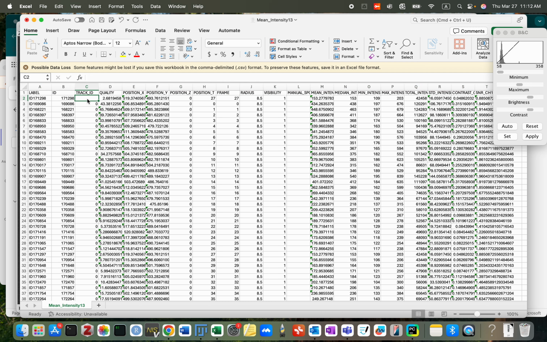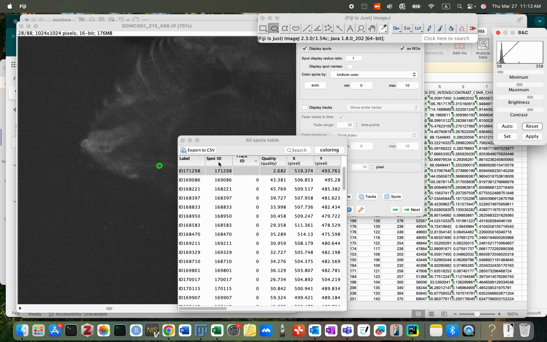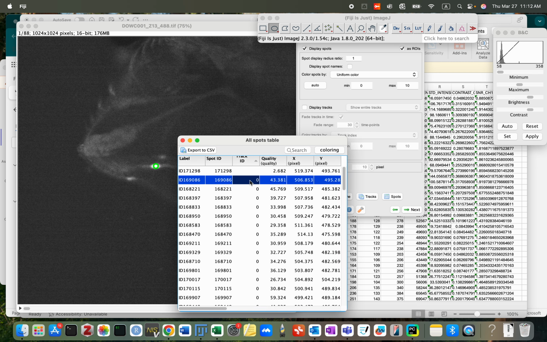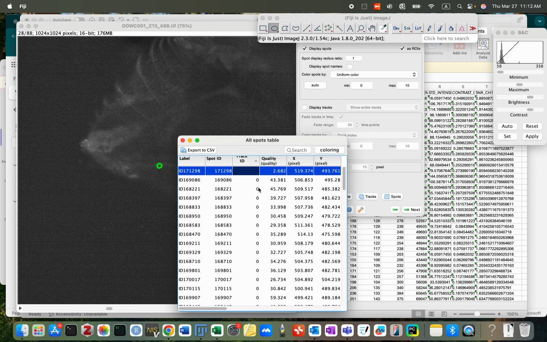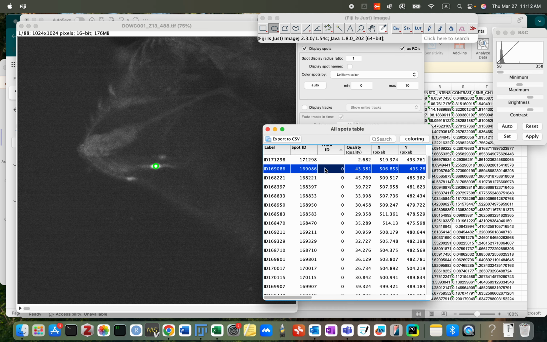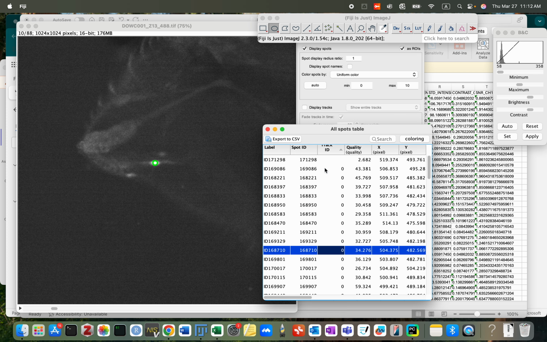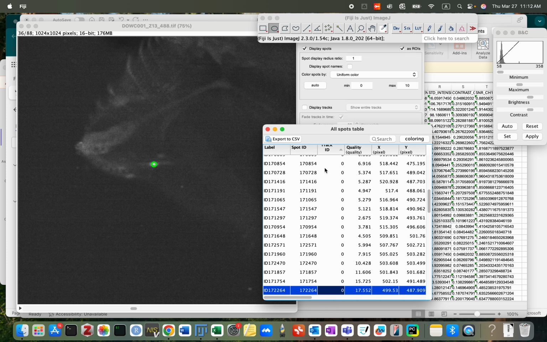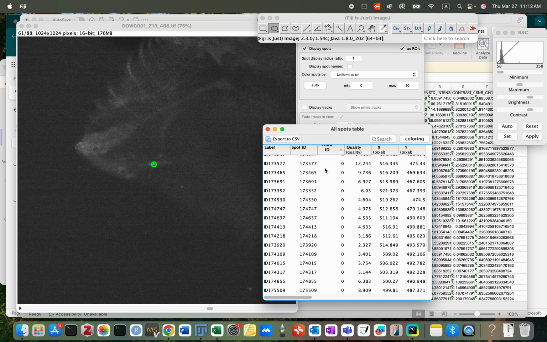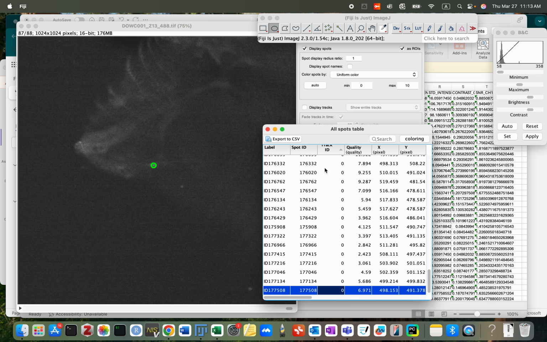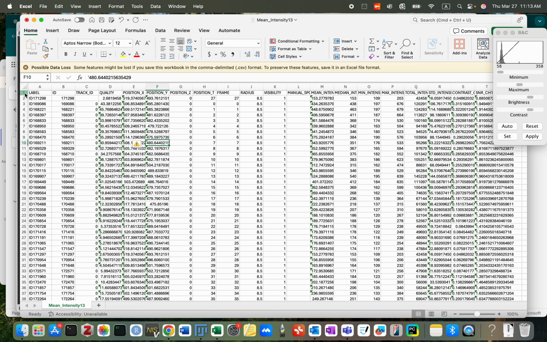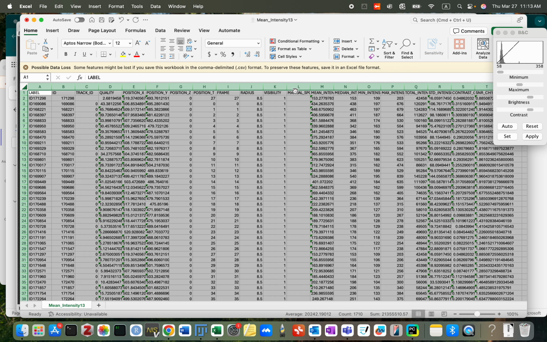I'm not quite sure this is the correct selection or not, but I will keep it at this moment because the position is correct, okay? So let's see later on. So all number 0 data are correct. Okay. Come back to Excel because we have an extra no track ID, so I need to do sorting